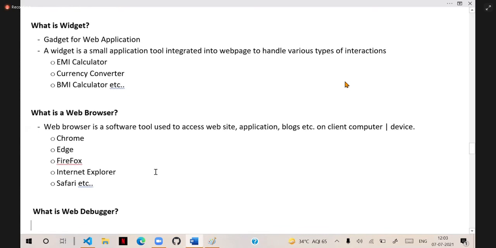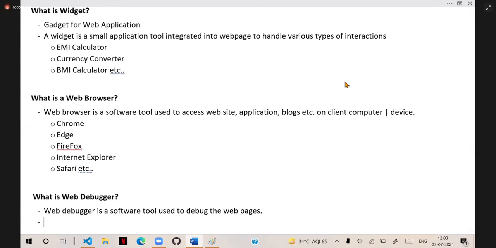Another important one is the web debugger. Technically, what is a web debugger? A web debugger is a software tool used to debug web pages.